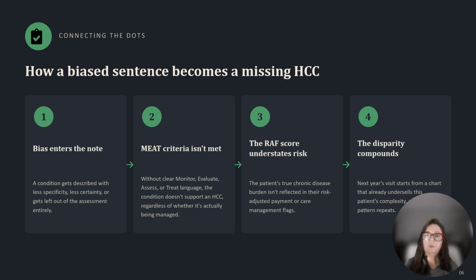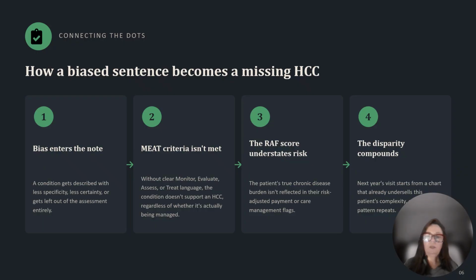The third one, the RAF score understates the risk. That's a result of the underdocumentation. So the patient's actual chronic disease burden isn't reflected in their risk-adjusted payment. And it's not reflected in whatever care management or outreach programs are using that risk score to flag these high-need